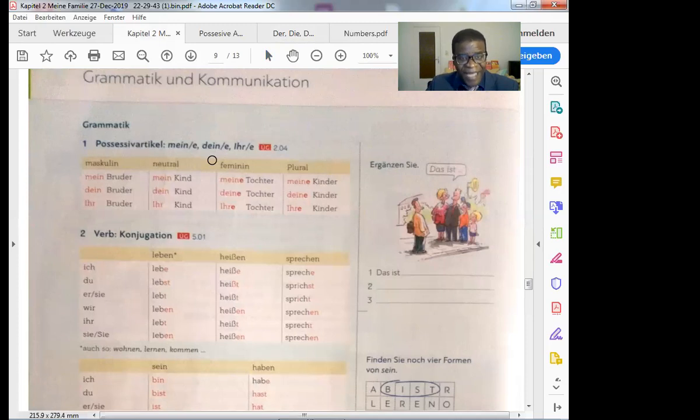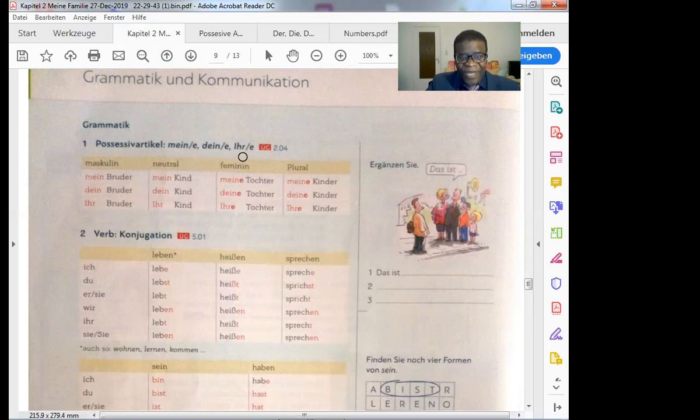Why dein without e? Because of das Auto. Remember, let's say your wife, Frau, die Frau, we said die Frau is feminine. So you're going to bring in the letter e at the end. Deine Frau. As simple as all that.